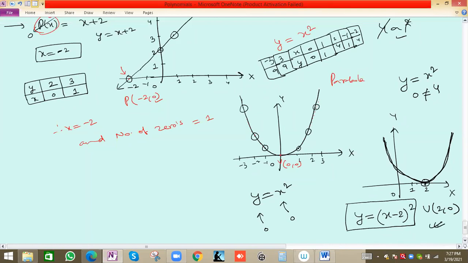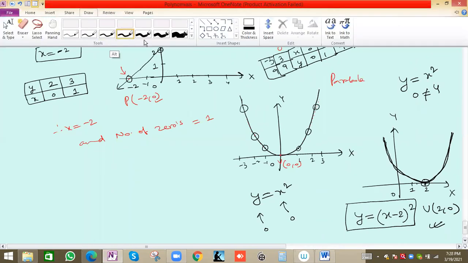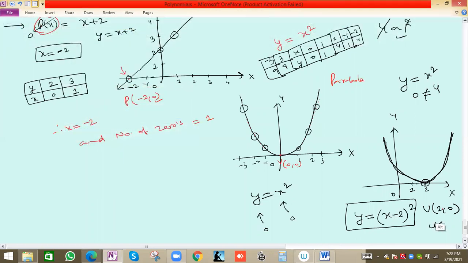Getting? Now we can put x value 2. So got it. We can see the graph is shifting to the right-hand side, so it is shifted to (2, 0). Now the graph will be the same, y is equal to x square. So we can say y is capital X square, where capital X will be small x minus 2, that is x minus 2. Now you can put vertex value (2, 0).